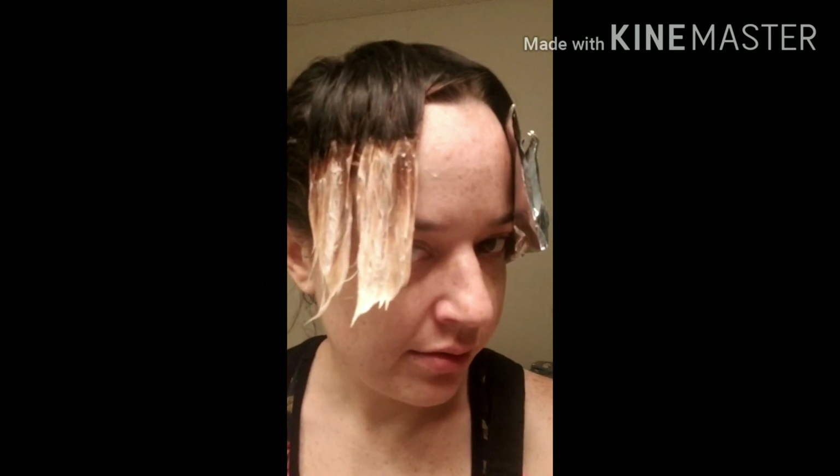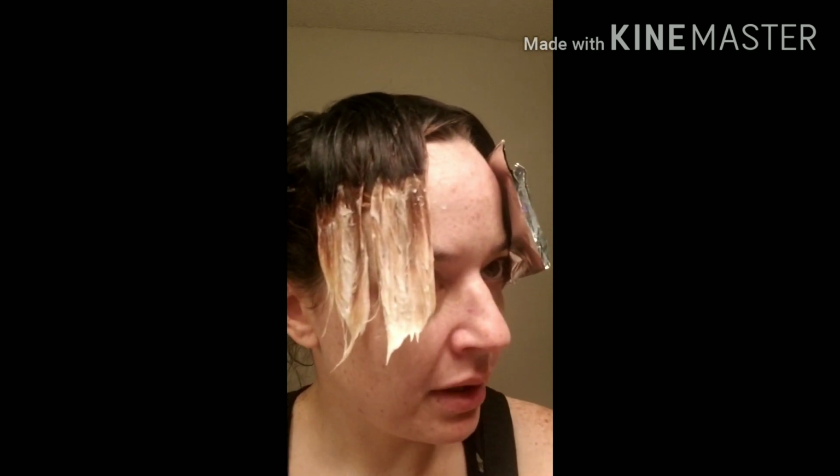Friends, it's been about 45 minutes. I took this one out to see how orangey it is, and it's not too bad. I still see a little bit of orange on top, but I'm gonna wash it out because my